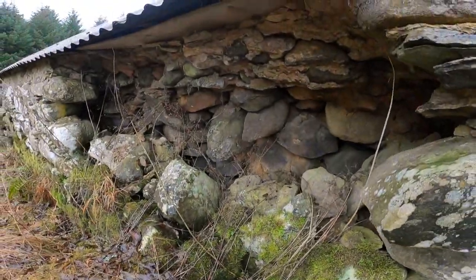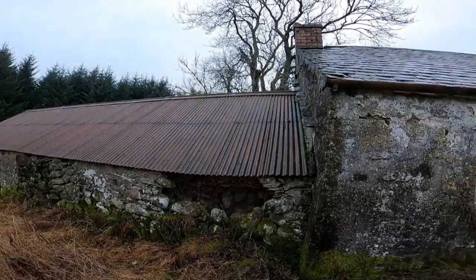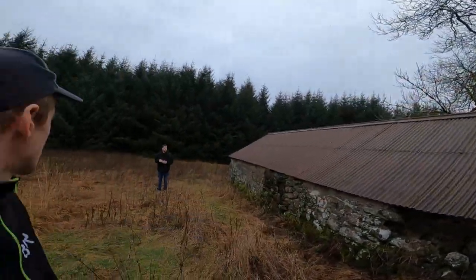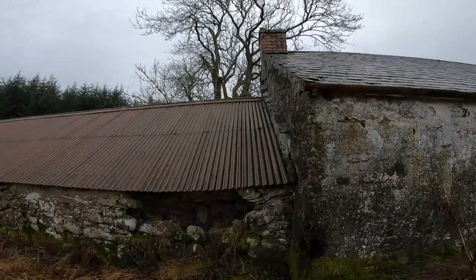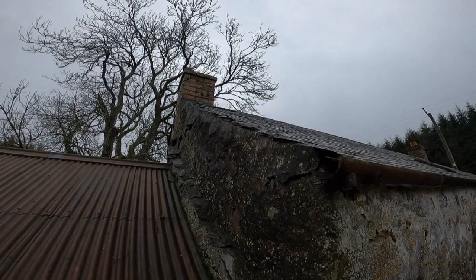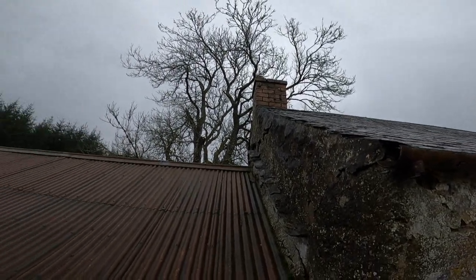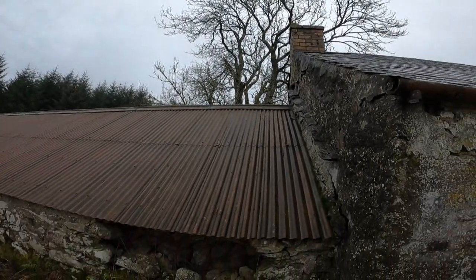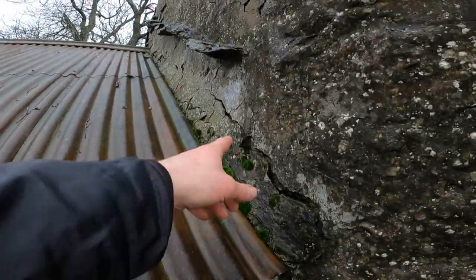That's why it's cool to video this stuff too. It's still standing to a certain degree. Yeah, and it looks like it's been the stone slabs as well, which is ancient. Look, you can see how those slates have been put on at a different time, because it's kind of crude the way it's all been done. But often the farmer would be building his own house in a place like this. You can see how it's dropped and all this is actually cracking,